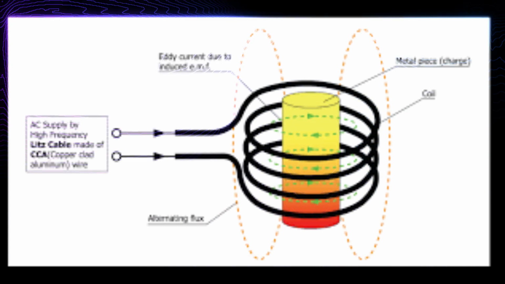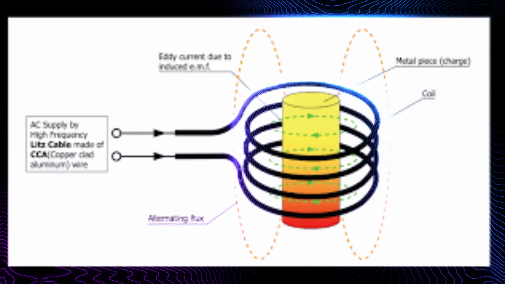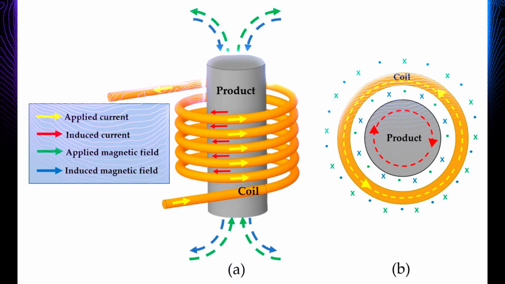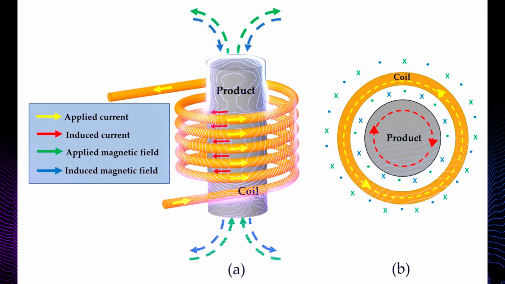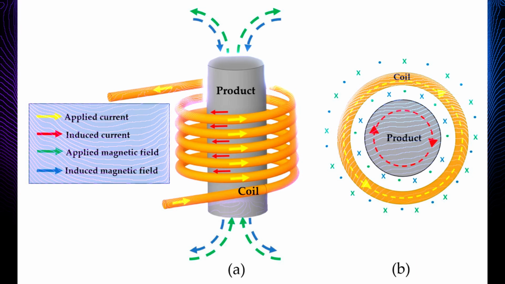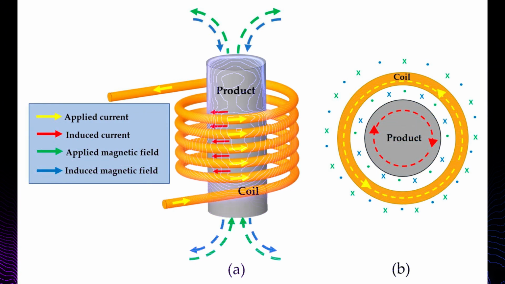XL equals inductive reactance. 2 equals a constant. Pi equals 3.1416. F equals frequency in hertz. L equals inductance in henries. Inductive reactance is an induced voltage and is, therefore, proportional to the 3 factors that determine